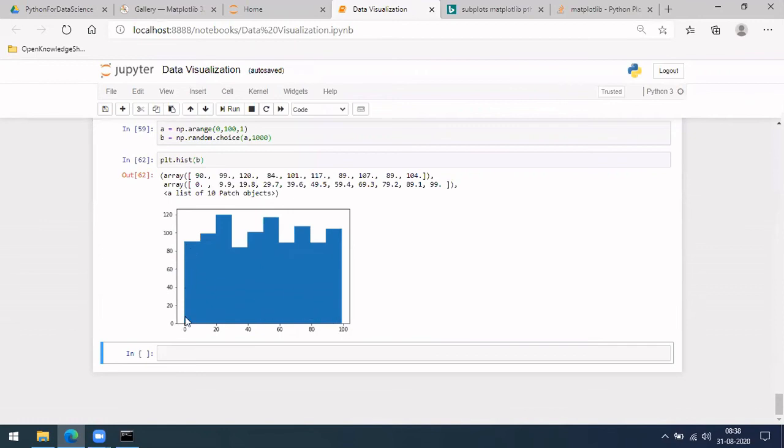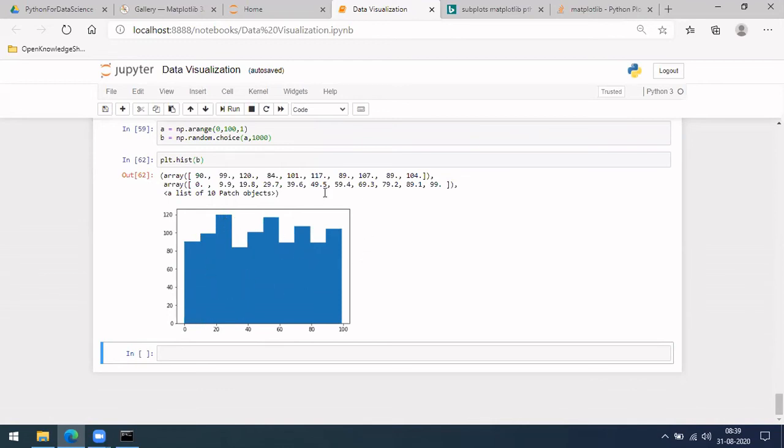From 0 to 10 there are 90 values, from 10 to 20 you have 100 values, and similarly from 20 to 30 you have 120 values. So this graph denotes that.